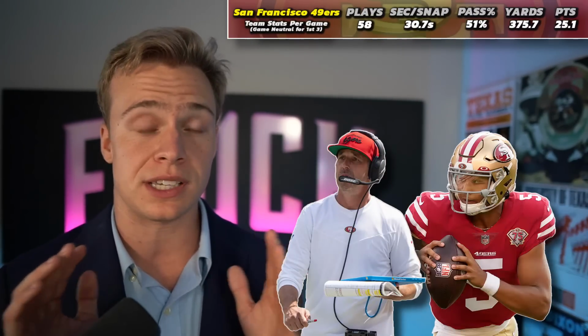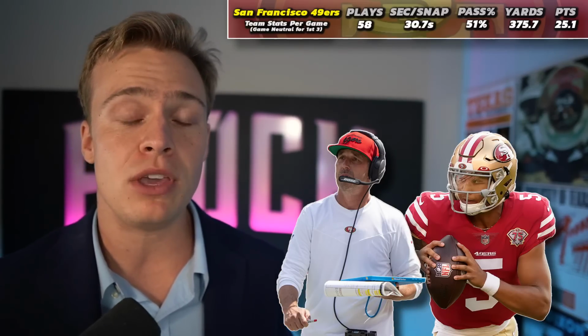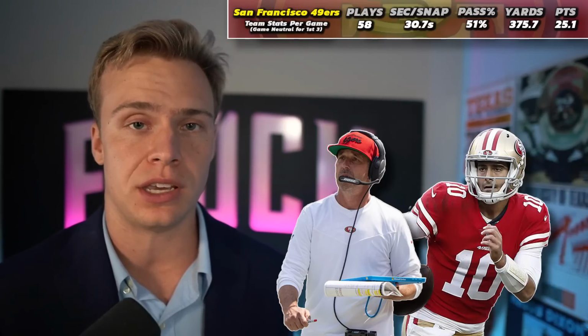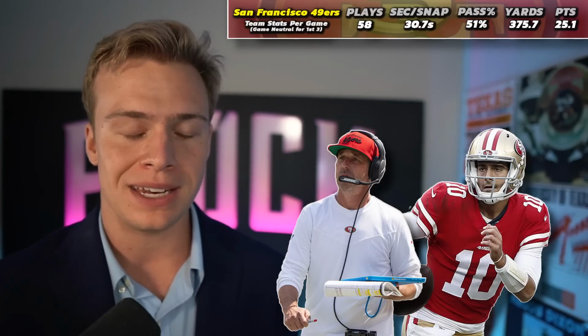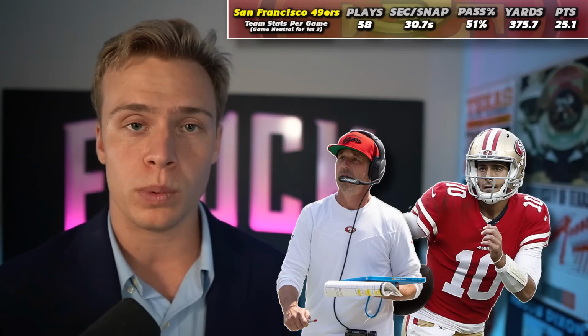Now, I don't necessarily know if this is a function of just the Kyle Shanahan offense or maybe what Kyle Shanahan did in particular with Jimmy Garoppolo. Now, there is some uncertainty with this team having Trey Lance at the quarterback position. Now, I don't necessarily want to say that, hell, this is a team that should be top. No. Maybe I'm just getting too excited with Trey Lance. Y'all know that's my guy. But at the end of the day, I think that there is some uncertainty.